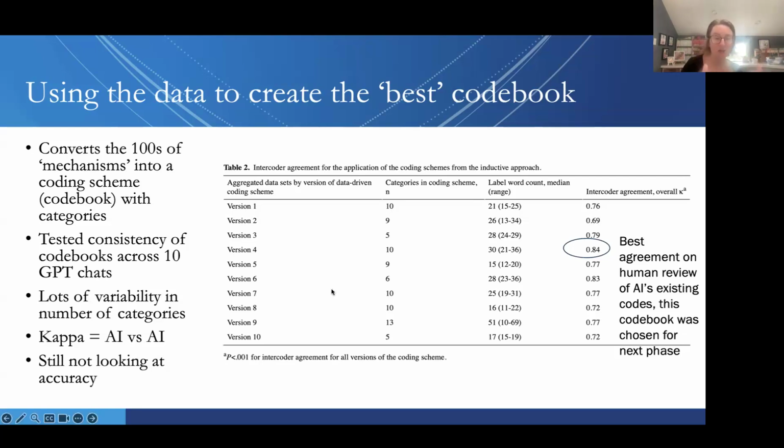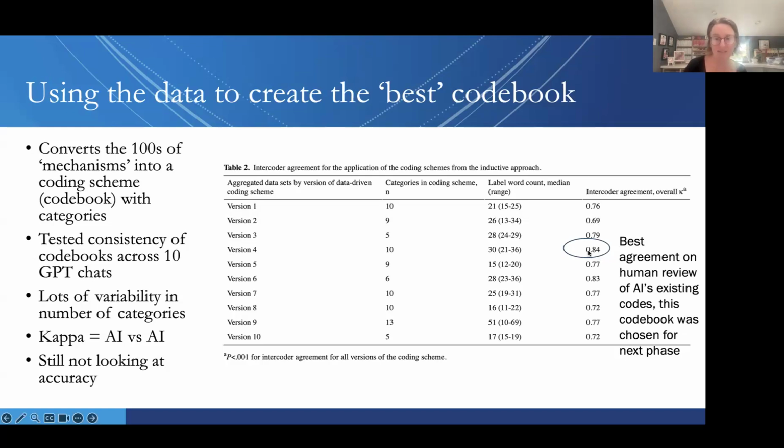So what they did is they had humans review all of the code books, not create their own code book, but they had the humans look at the code book and say, does this look right based on the data that you're reading? And so they would agree with the codes that the AI came up with, or they would disagree with them. And remember, that is really different than humans independently thinking and coming up with their own codes. This was just sort of agreeing on it.